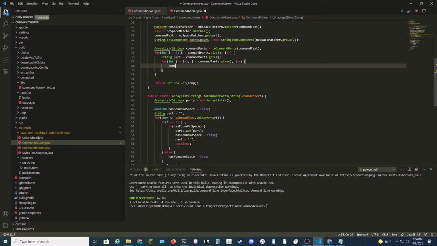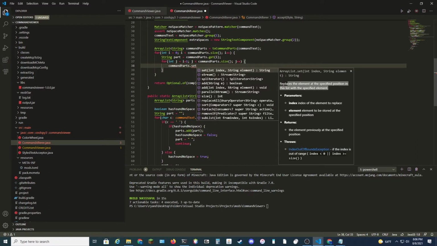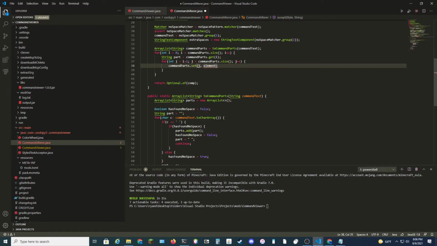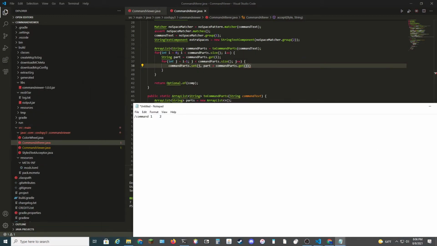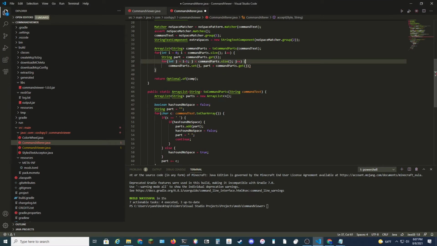Then command parts dot set. This does overwrite, right? Yes, it replaces the element. So we want to overwrite the element at index j with the current part, because we want to prepend it, plus command parts dot get j. Looking at our example here, starting at index 0, we have command, and then we will prepend command to space 1, so this element becomes space 1, and actually this is going to be wrong, because it is going to be space 2. So sorry, what we actually want to do is